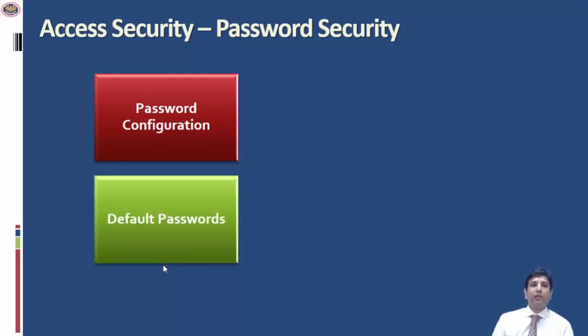The next important aspect of password security is the default passwords. So default passwords are basically those passwords which come packaged along with the application or the system which we have procured, or the company has procured rather. All new systems, applications and network equipment which are supplied by vendors usually come with a set of user IDs and passwords. For example, if there is a Wi-Fi router you have purchased, the default ID in that Wi-Fi router would be admin, and the password will also be admin, or the password would be password itself. So that ID is called a default ID.